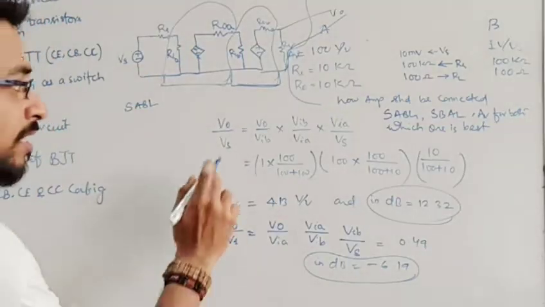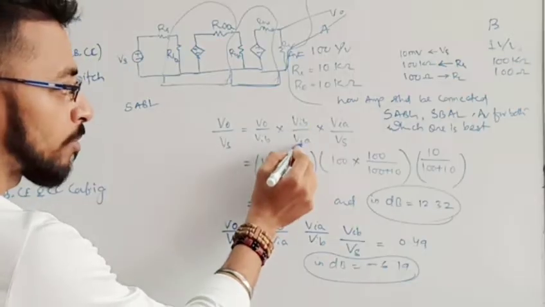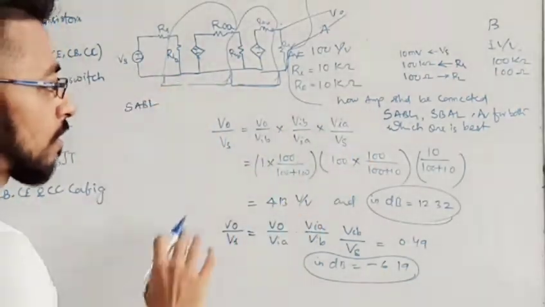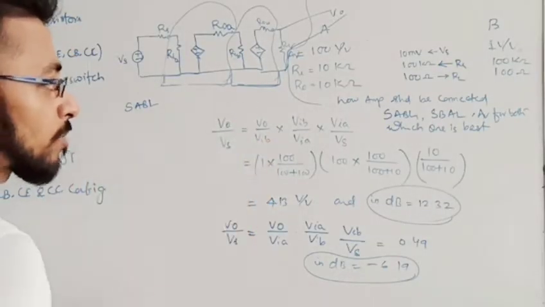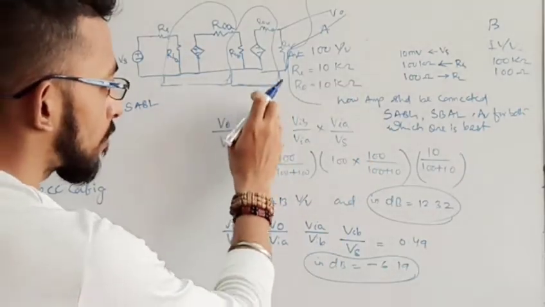So this is the voltage gain, that is V output upon V input B, then V input B to V input A for these two, then V input A to source for these two. Okay, so this is the V out upon V input. So how to find this V out upon V input? Let's take this one. For output, this is V output upon V input A.